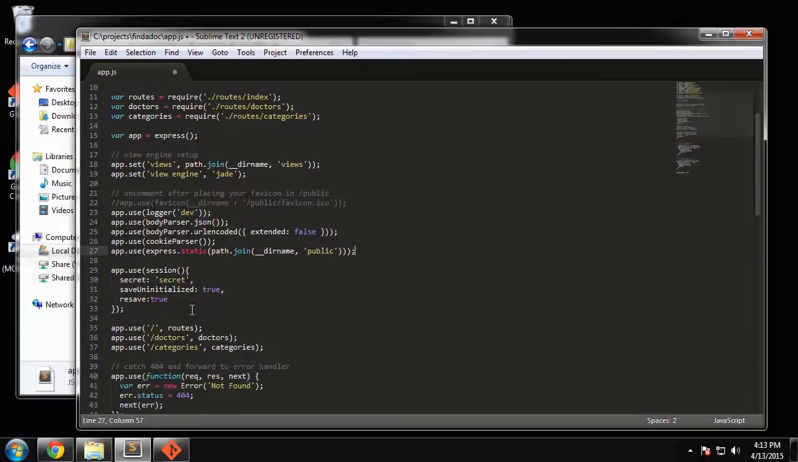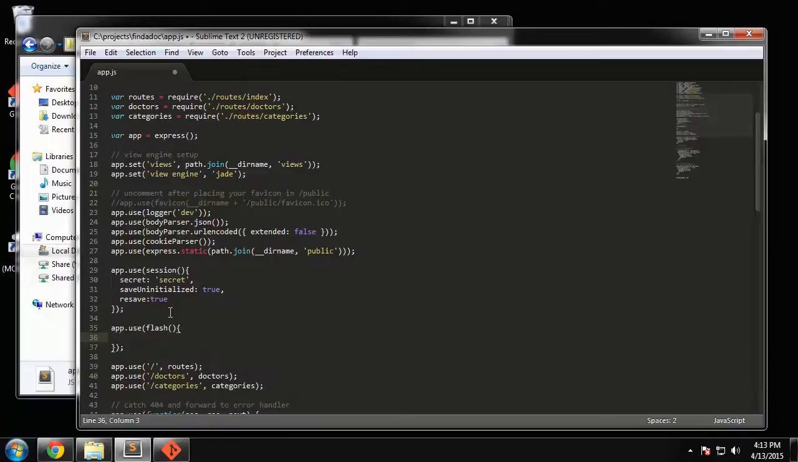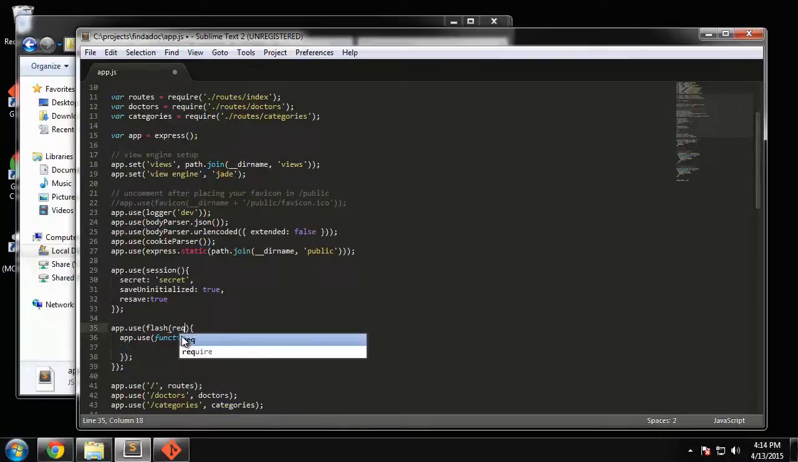Okay, so next we'll do the flash. So we want to say app.use, and we're going to say flash. And then we're going to say app.use with a function. The function is going to take in request, response, and next. And then inside here we want to say